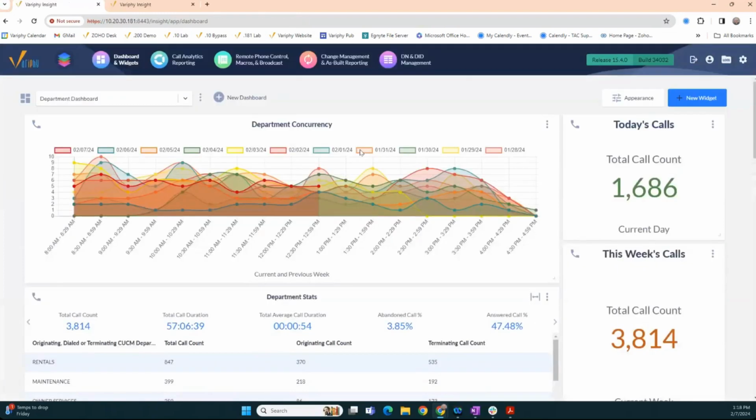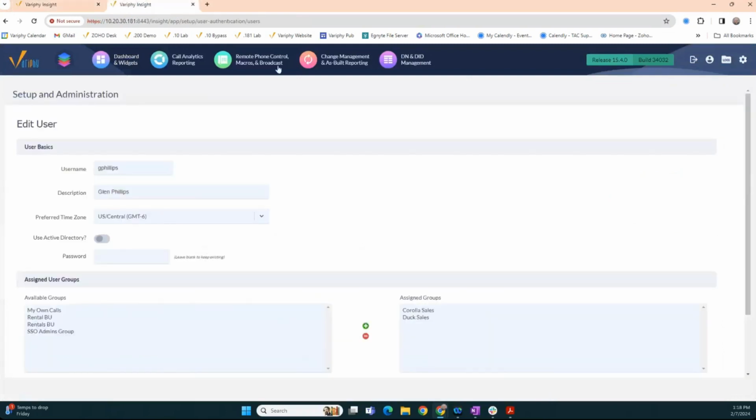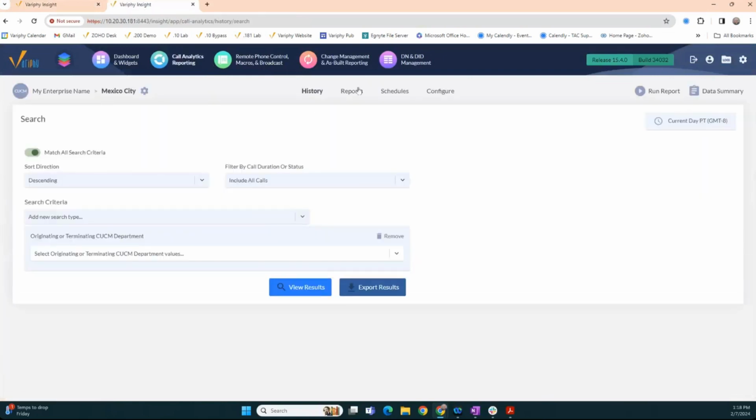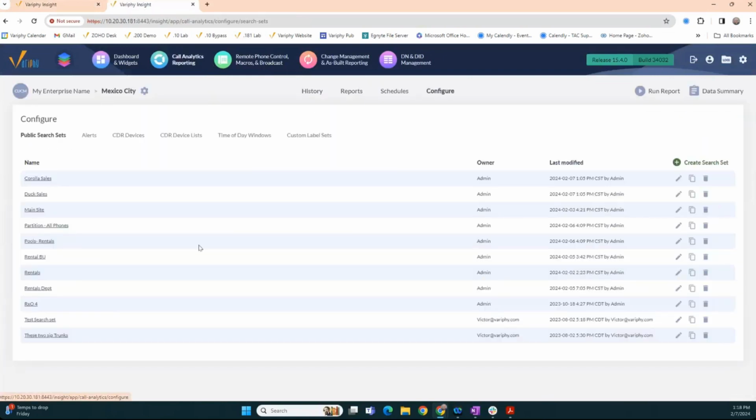So there are a lot of other things that you can do with the public search set. I used the department as a means of demonstrating, but there's definitely a lot more that you can do. A couple examples. Going to jump into the analytics here, back into configure. And these are real life examples. I don't have the best data here in the lab to really represent it, but